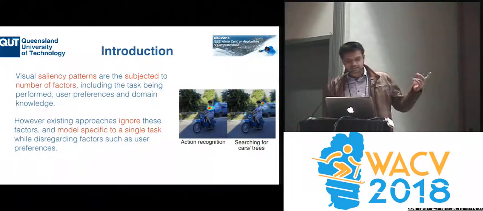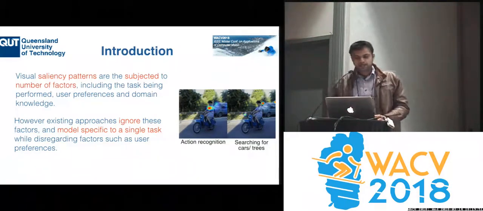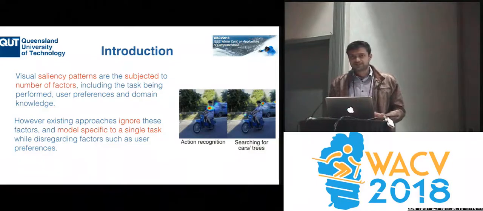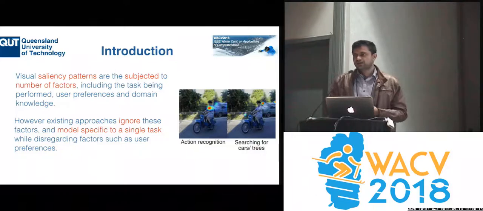For example, here we have two tasks in the Pascal VOCA dataset. For action recognition, the task is to say what the subject is doing in the given frame, and for context recognition, the observer should figure out the background objects in the given scene. So rather than learning different networks for each and every task at hand, what we are interested in is learning it jointly and complementing it with additional information.